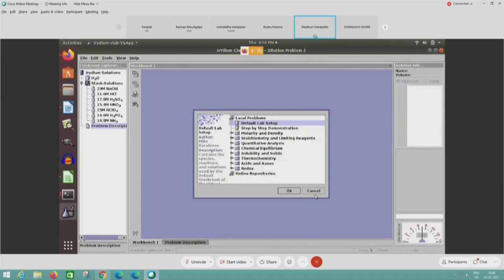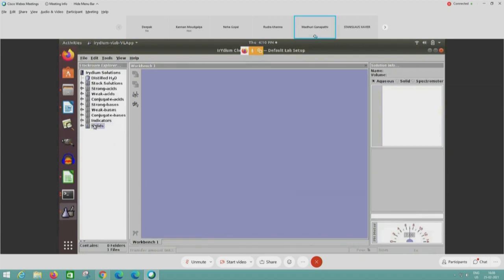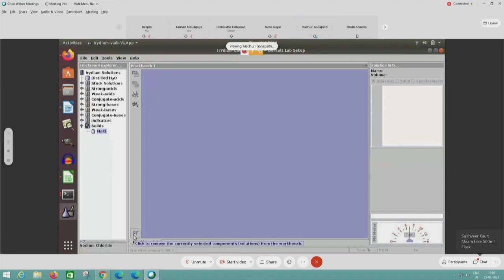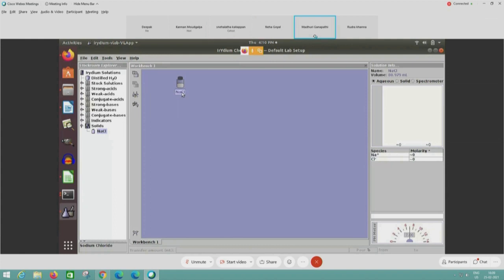How did you remove the flask? Is there an option to undo? Yes. If I take something like this, click on it and press the delete key on your keyboard. Or there is an undo button, the cross mark at the end of the selected name. Click on it and it goes.